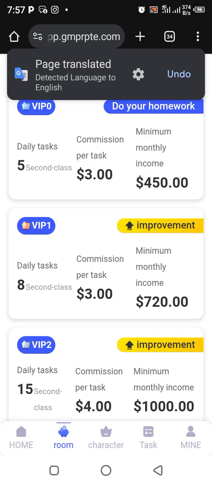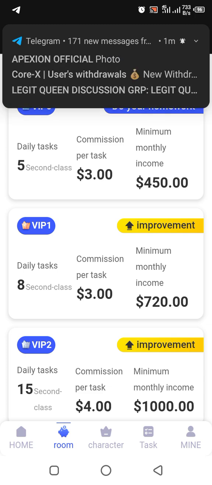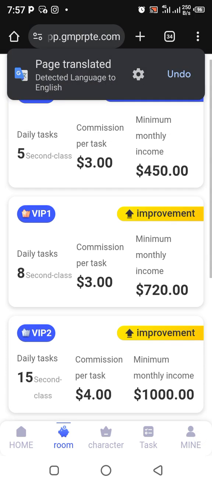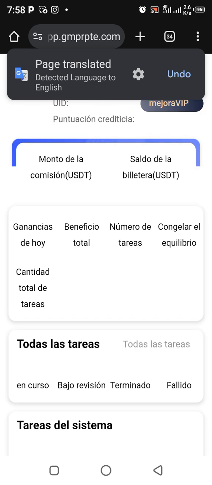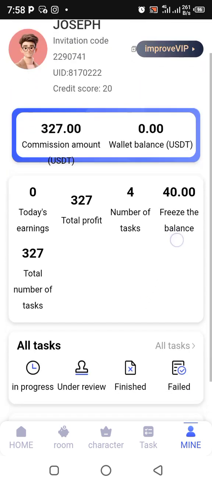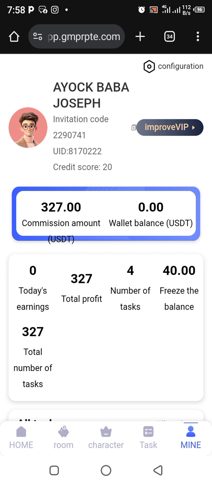Yes, I'm very sure. Then you see this "Mine", you come on this Mine here, click on it. You will not even reach up to that many minutes before you finish. So I don't know why some of you are wasting time. So you see this configuration. Before it was called set, it is called set. So if you want to set up your withdrawal address automatically, so that when you come to withdraw,